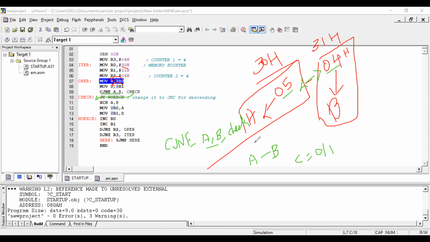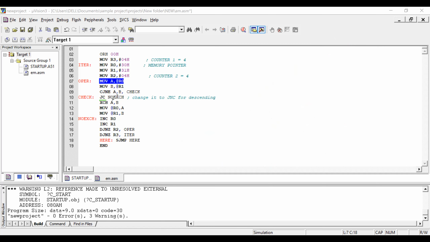At the check location, since it is compared as per this operation, that is 5 minus 4, the carry is 0. Okay. Yes. So if carry is 0, what I want to do is exchange the data.